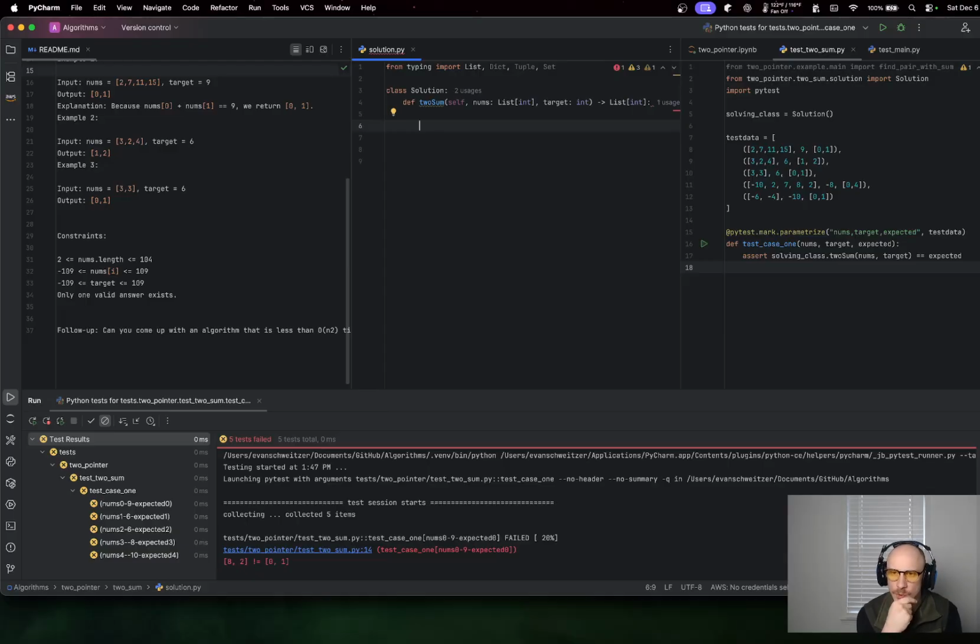Would 2 be the best solution? I mean, we could actually orchestrate all 3 strategies into this, but there's something about it that I don't want. So the follow-up is that we can do it in n squared time. So let's do, you know what, less than